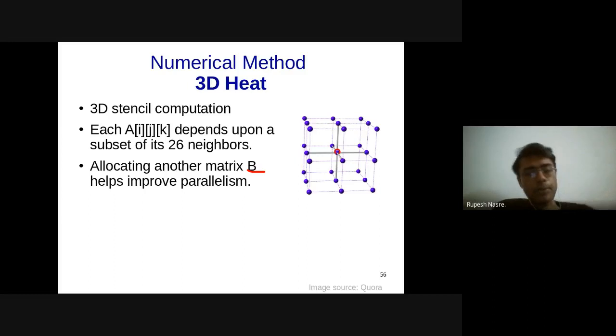What you copy back might differ depending upon how many iterations you have. If the number of iterations is odd, then your output will be in B, whereas if the number of iterations is even, the output will be in A itself, because you will exchange the roles of B and A in alternate iterations.